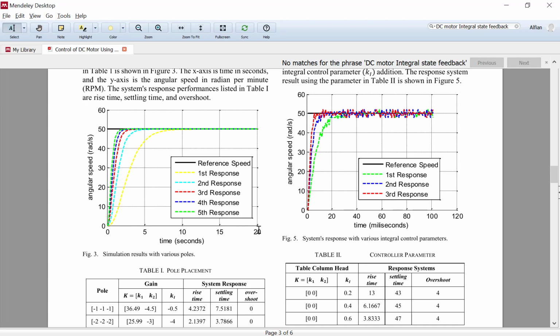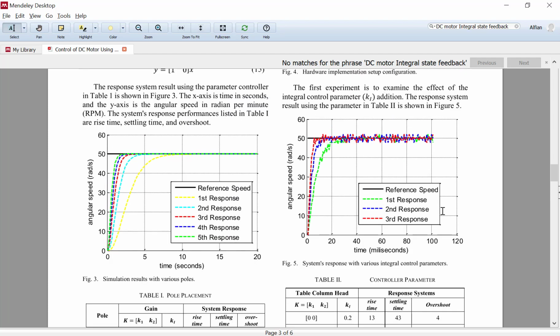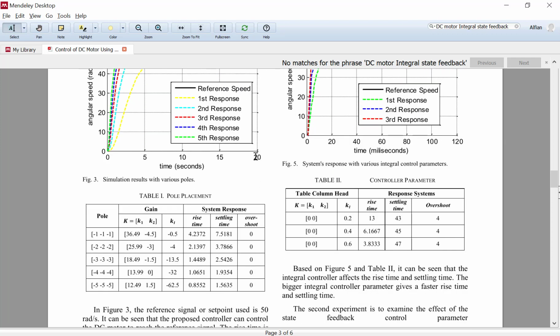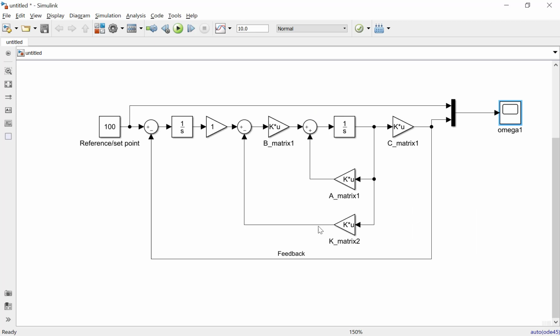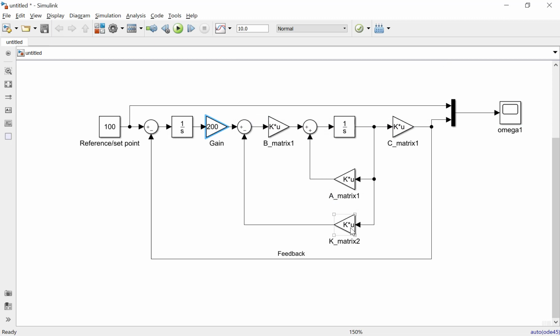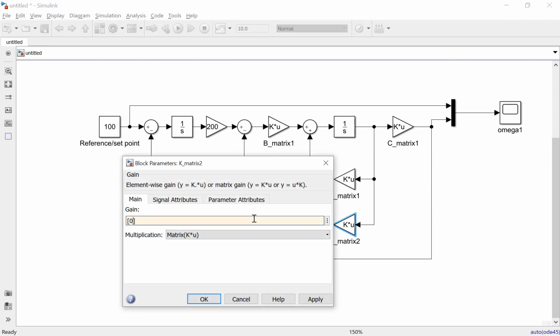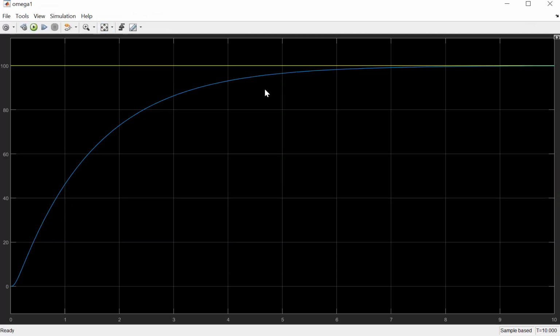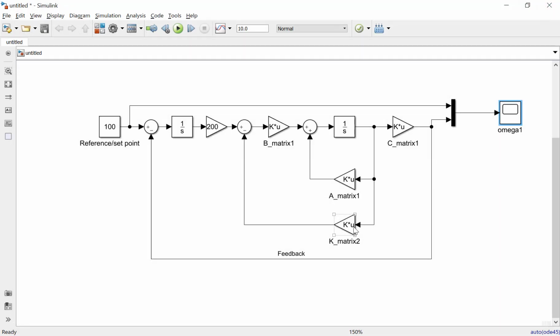So we can see the time is 20, yeah, 20 for the value minus. Okay, I think it needs to change to be 200, and then this is okay. Okay, we can see the system is better than before.